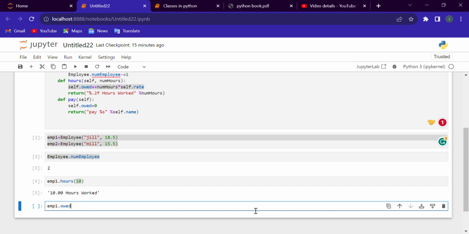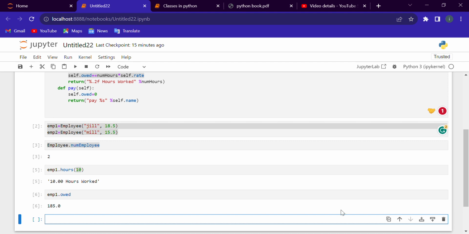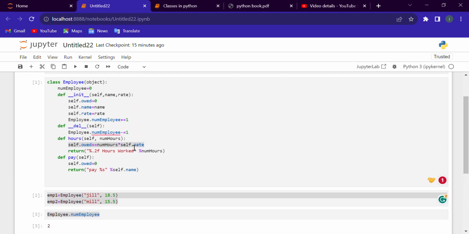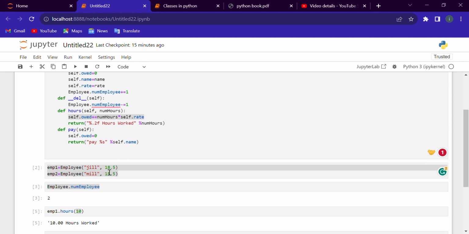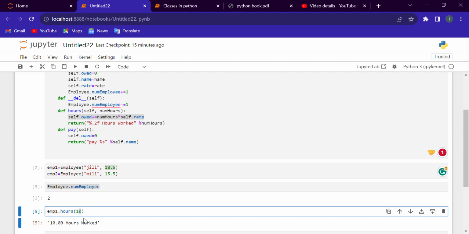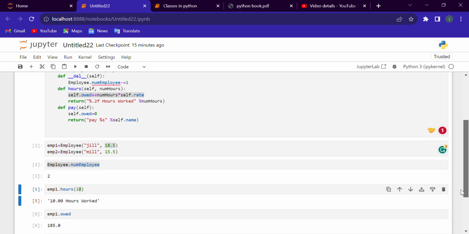Now it calculated 185 using this formula, which is num hours and self rate. This is a rate, this is a rate, and hours are this. So 10 multiplied by 18, sorry, 18.5 multiplied by 10,